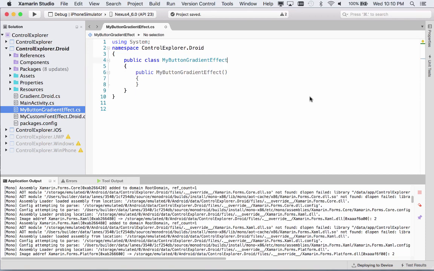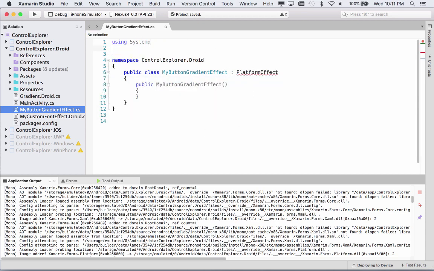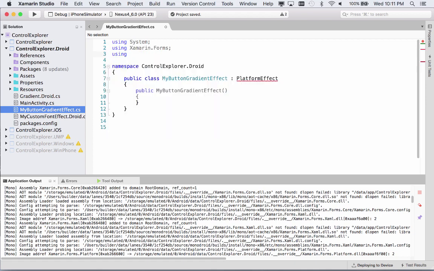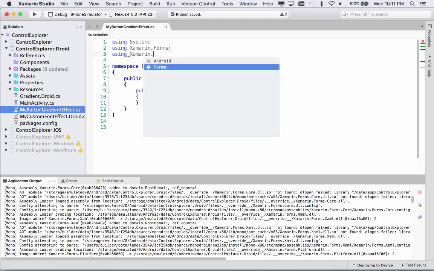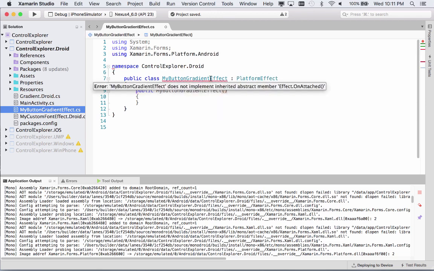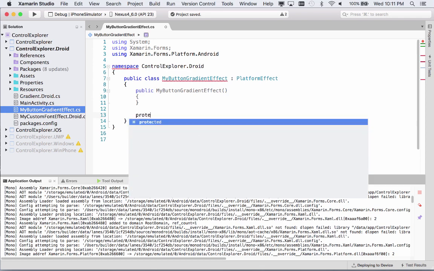So let's get this class all set up. There's just a little bit of work we need to do. And the first thing I want to do is derive from PlatformEffect. And you can see it can't find that name. We're going to add in a couple of usings here. Let's get Xamarin.Forms in place. And also the platform specific Xamarin.Forms.Platform.Android. And you can see it's now finding PlatformEffect, but it's a little bit unhappy because we need to override, we need to implement a couple of methods. And that's going to be